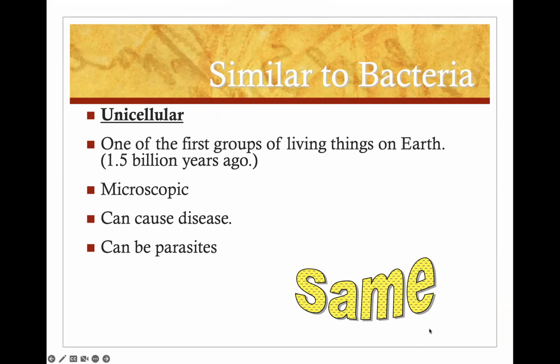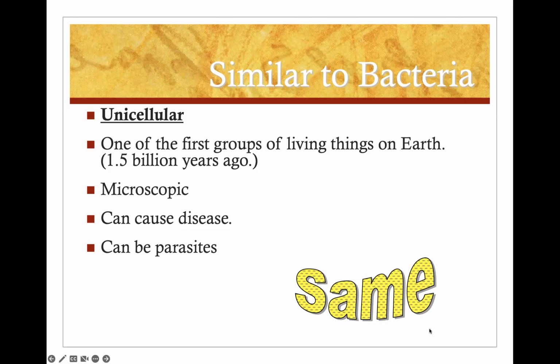These are one of the early groups of organisms that have been identified on Earth. These are small, tiny, microscopic organisms that can cause disease, and they can also be parasites. So these are characteristics that are quite similar to bacteria. I know we've all identified various diseases that are caused by bacteria. Well, we have this same situation here happening with organisms in this Protista kingdom, and they are also some that are parasites. Okay,